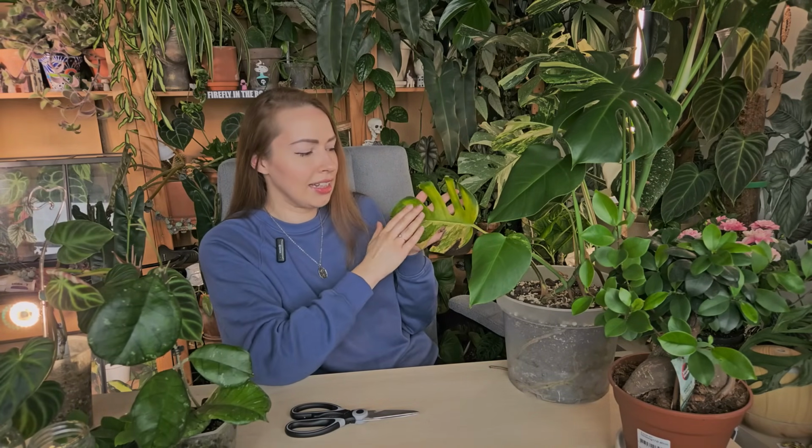I mean, this leaf is on the way out, but this is like the main leaf that I received it with. It was one singular node cutting, and it actually was growing like a beast. It was such a fun ride with this one. It never disappointed. It was actually so easy to grow, but there is one big but,